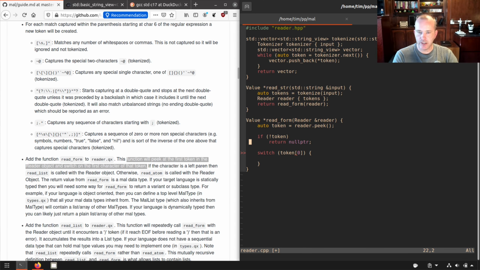This language is going to be garbage collected, so I'm going to be working with pointers a lot, and I'm just going to instantiate them and not worry about cleaning them up. So just get ready. It's going to make some people go crazy. Yeah, so we're going to have a garbage collector down the road, and we don't have to clean that up. So I think I'll just return a nullptr, and we'll say dot value like so,